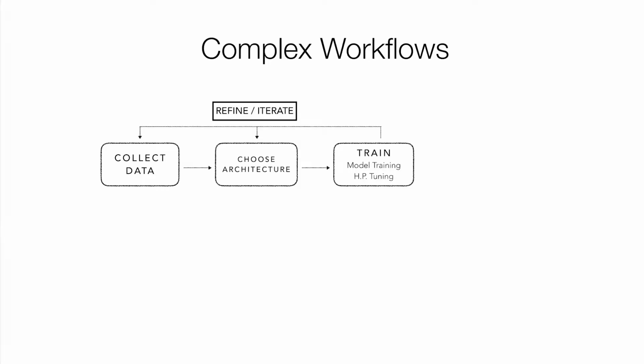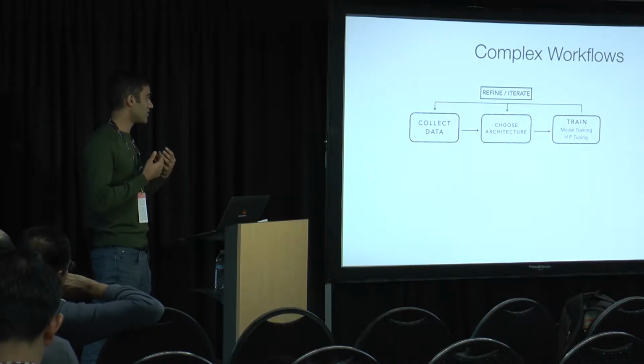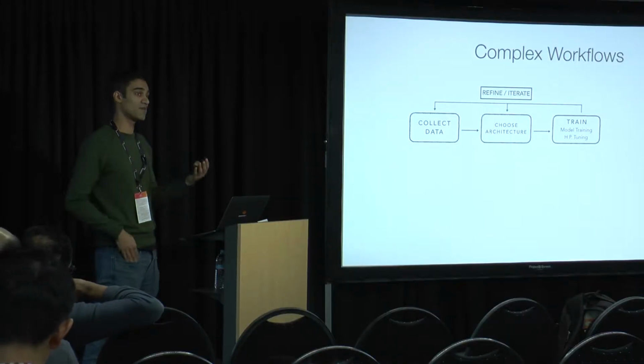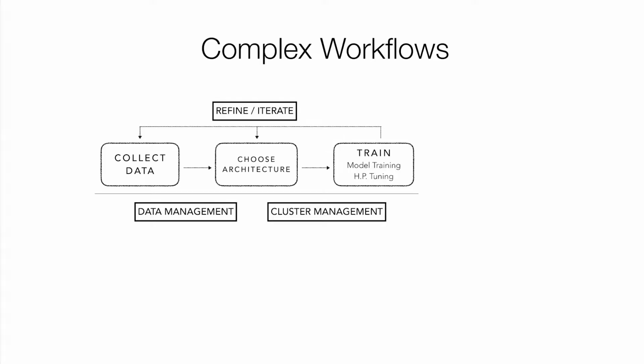Beyond that, this process isn't linear. It'd be great if you could start with data, collect a model, perform your training, and bam, you're done. But that's not really how things work. You go through this process once. You either find bugs or mistakes in your modeling assumptions, or if you're doing things well, you might come up with new insights in terms of how to better pre-process your data or better modeling assumptions to actually improve your downstream performance. So typically, you're refining and iterating and doing this over and over again. And then under the hood, there's a lot of additional pain points.